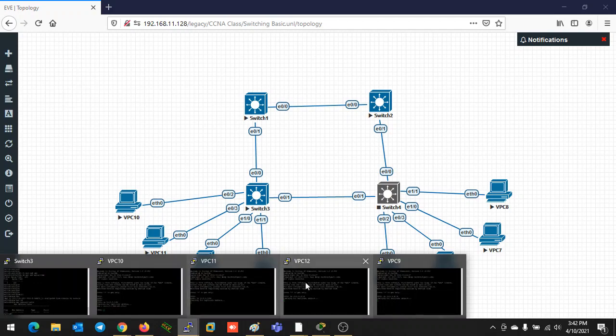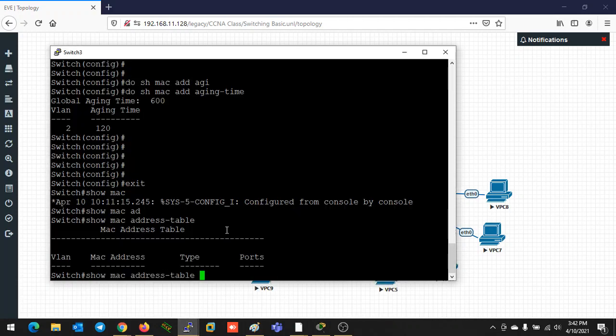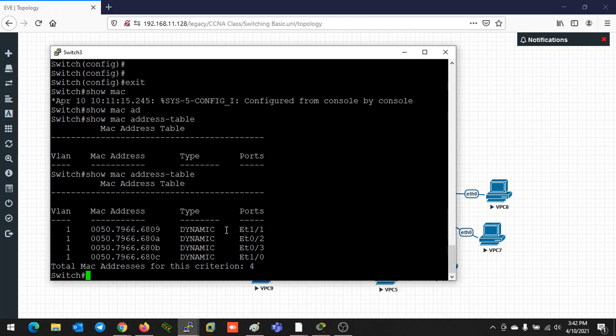Now if I check the MAC address table, you can see the entries, because when you assign an IP address to your device, the device generates a Gratuitous ARP message, and that message comes to the switch. If your switch receives any message containing layer 2 information, source MAC and destination MAC, then the switch makes a MAC address table entry by looking at the source MAC address. So here the device MAC address information is already stored.